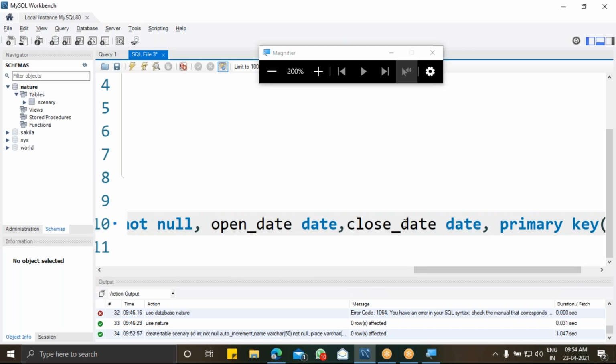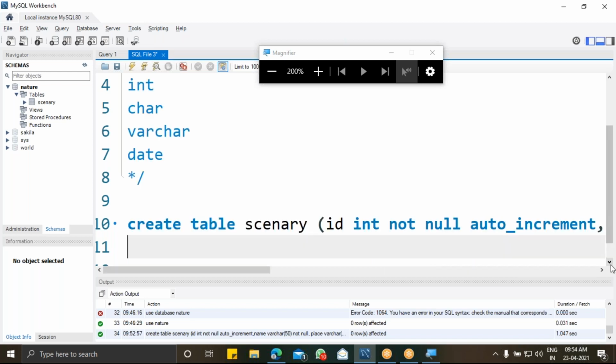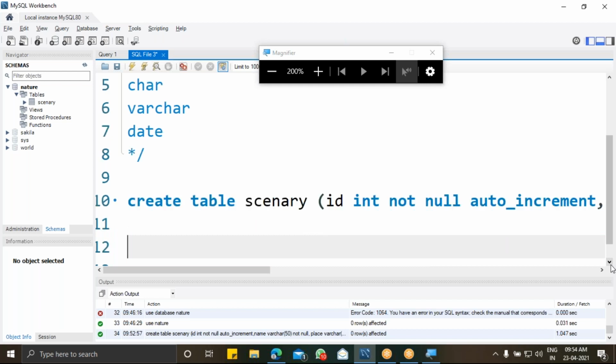So after this we have open date, close date. So the data type is going to be date, and also I'm setting the primary key as ID. So if I want to view this table, how it is created inside my database,